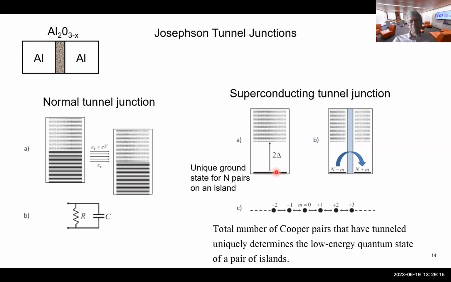The details don't matter. And then the excited states, instead of being a continuum like they are in a normal metal, there's a gap called 2 delta and then the continuum, okay? So in other words, the ground state is unique and